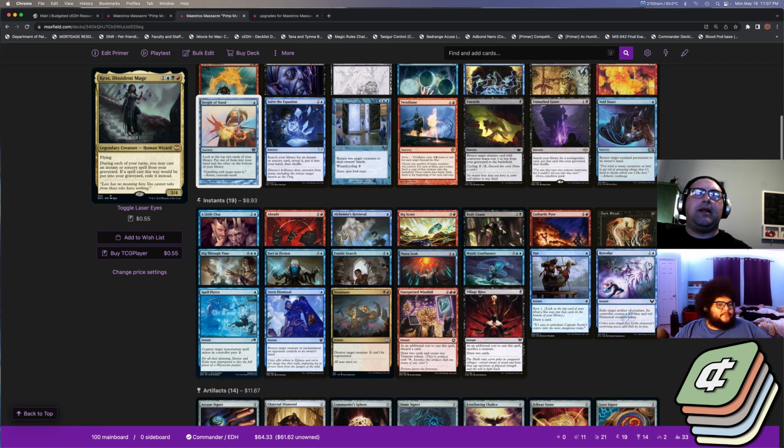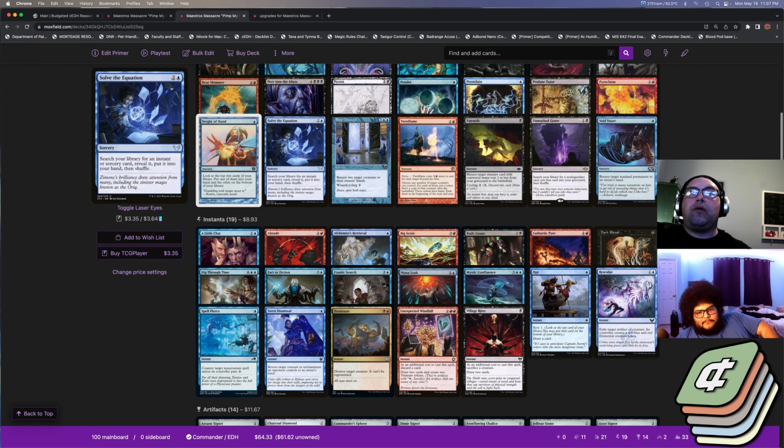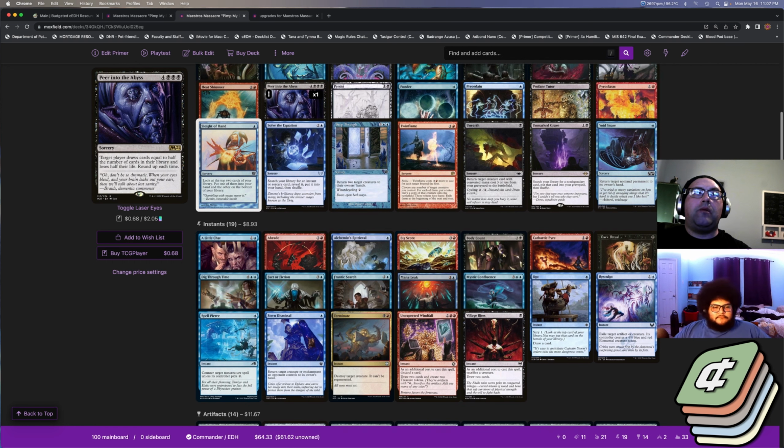Now again, that could definitely be used with Dockside Distortionist if you like. That's a good upgrade. I mean, that's more than double what we put in, but yes, that would be a great upgrade. I did also solve the equation. I did add Peer in the Abyss as well, just to kind of help give us some big ways to